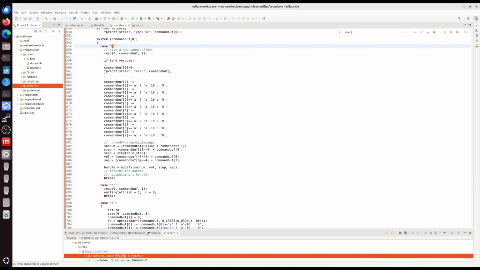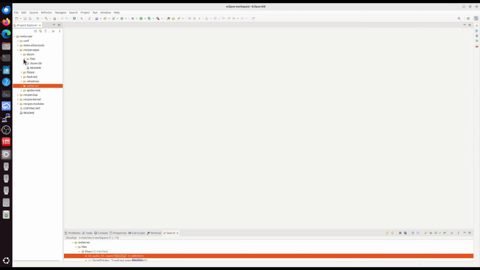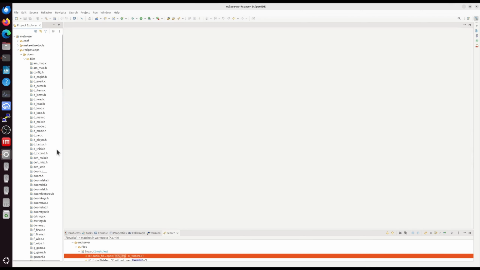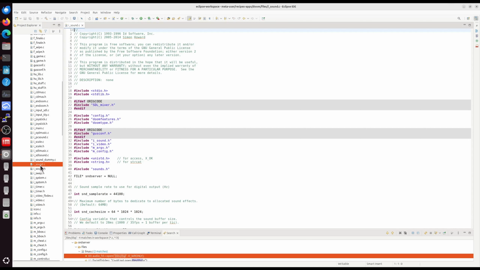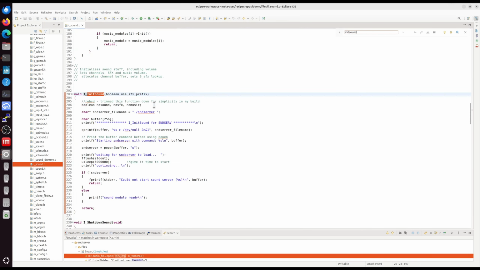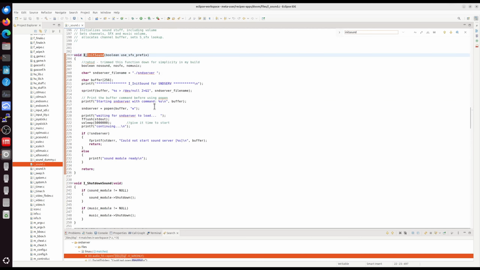The next thing then is to actually get Doom to use that. So I'm going to close these and come up to Doom. And within Doom, there are some files that I want to pay attention to. One of them that I tracked down was iSoundC. And within iSoundC, I'll search for a couple things here. There's an init in this. And so here's this init sound that's inside of that. And when I go to initialize sound in Doom,